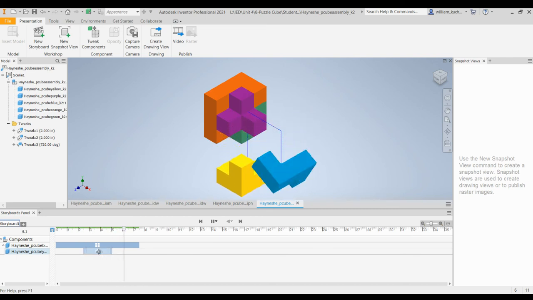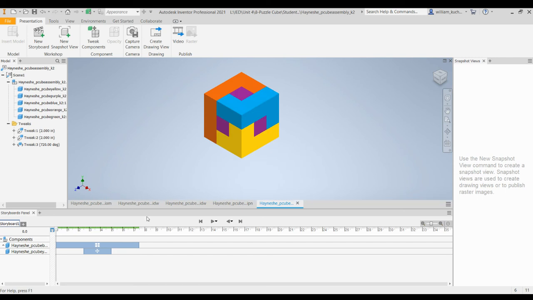Okay, so different parts have different features in them, and you can expand those and really get kind of crazy with them. But I wanted to show you all those different basic things. And again, you can edit your tweaks over in the browser. You can add tweaks in the browser. You can include other parts and things like that as